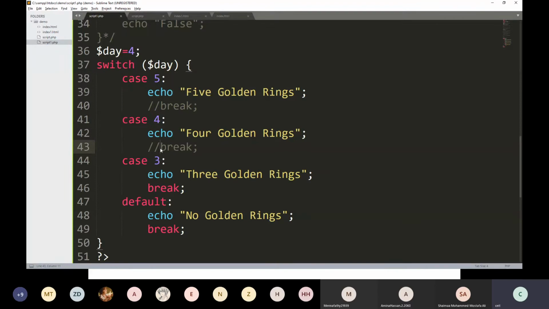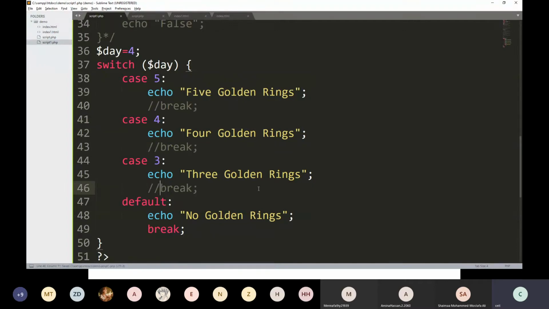Break means once you find the true case, just break that. Come out of the switch case. If you do not use break, then it will stay inside the switch case, and it will print. Why does it print till here? Because here you have break.